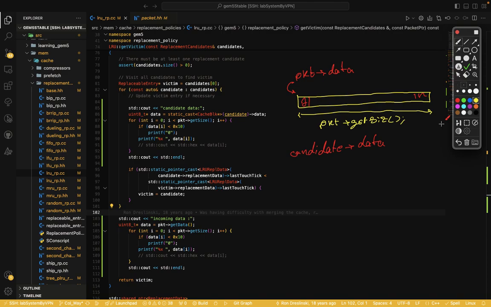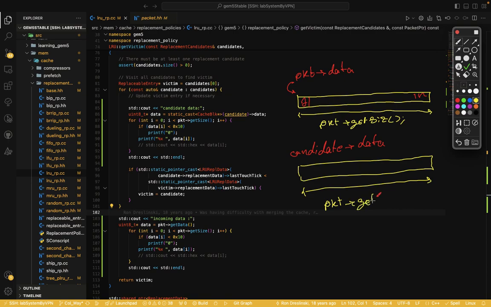If it was less than the block, some part of the block would be incorrect data, or if it was more than the block size, we would lose some part of the data. Okay, so we know the size of this array of data is equal to packet.getSize.